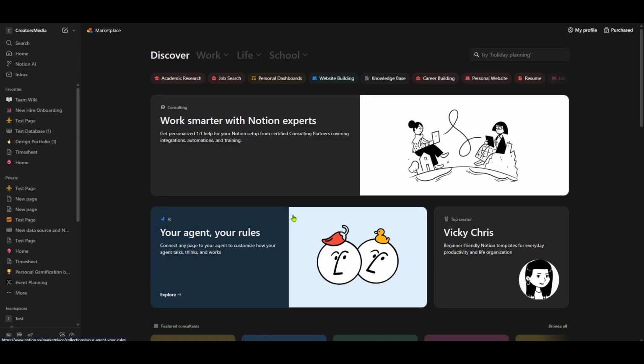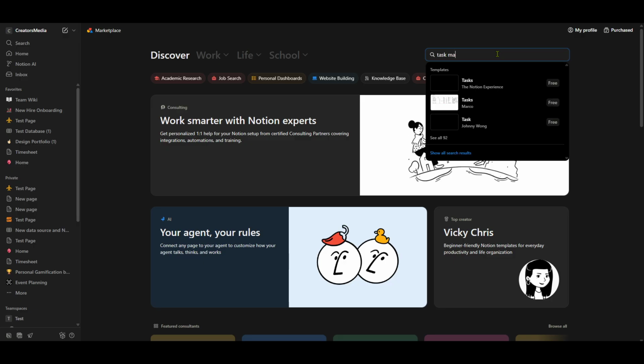into your existing workflow. With the marketplace before you, the next logical step is to search for resources specifically designed for task management. Use the search bar to enter Task Management, and you'll be greeted with a selection of templates and tools. This feature is particularly useful if you're looking for a structured way to handle multiple tasks, deadlines, or